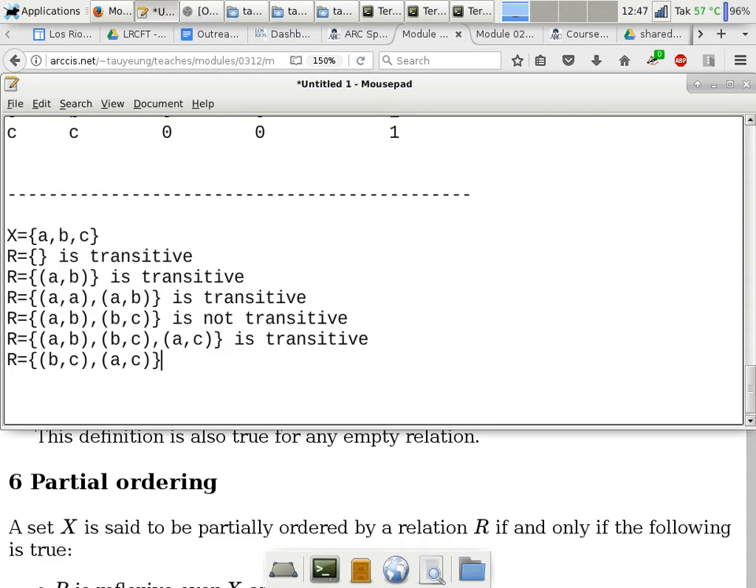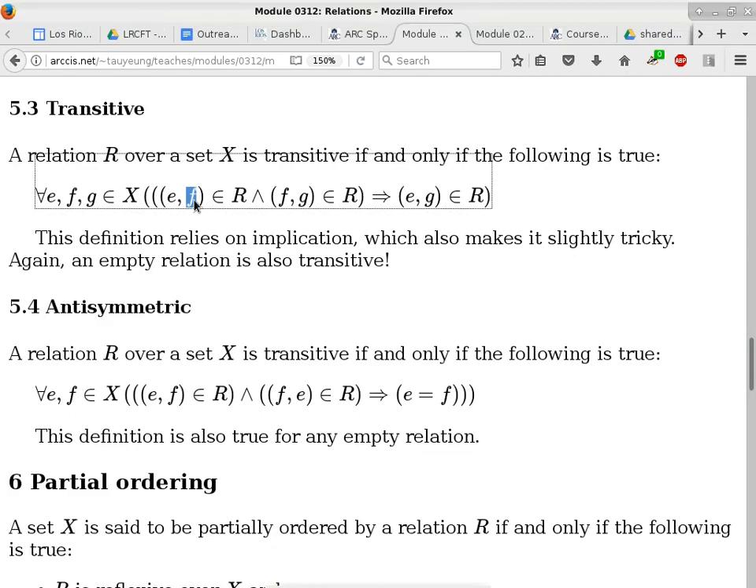So, let me just answer this question here. This is, in fact, transitive. So we good so far or not? Okay, cool. So now we move on to